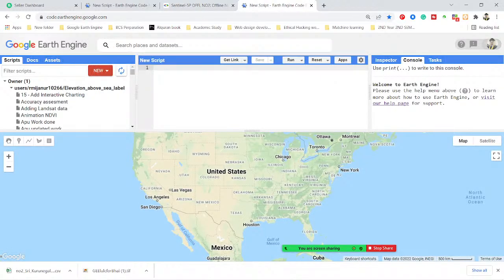So here you can see it is imported, and I also need to add a variable name here. Suppose this time I simply use the variable name dataset. So here you can see this dataset is now imported in my code editor. So now I want